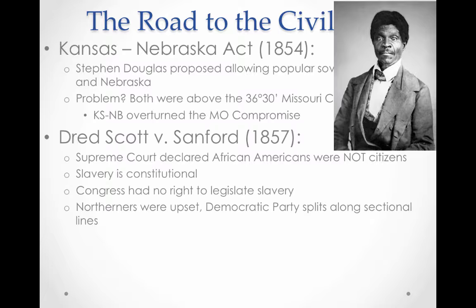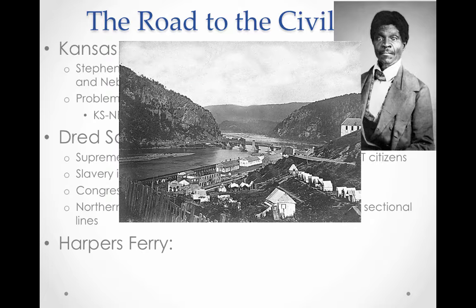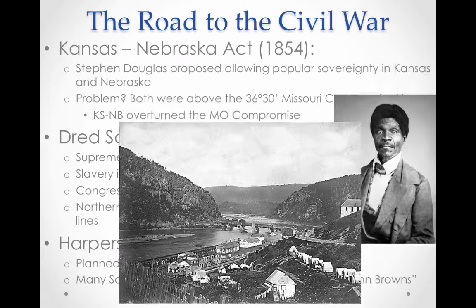So 2 years later at Harper's Ferry, Virginia at the time, now in West Virginia, we have the raid by John Brown. This was a planned uprising in which he took over an armory, or a government building that has weapons, and he envisioned giving rifles and different weapons to slaves to cause a massive rebellion. This does not occur. He's actually captured about 12 hours into it, and he is later hanged.